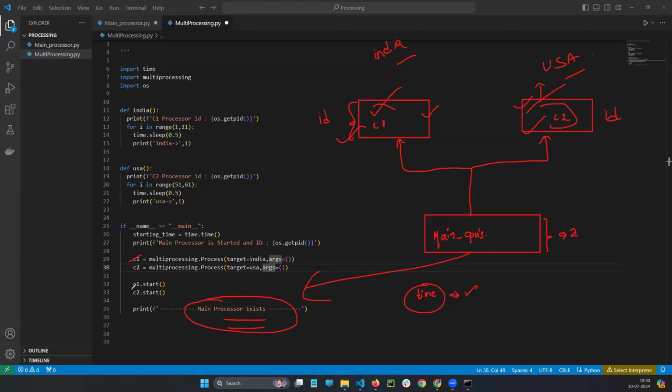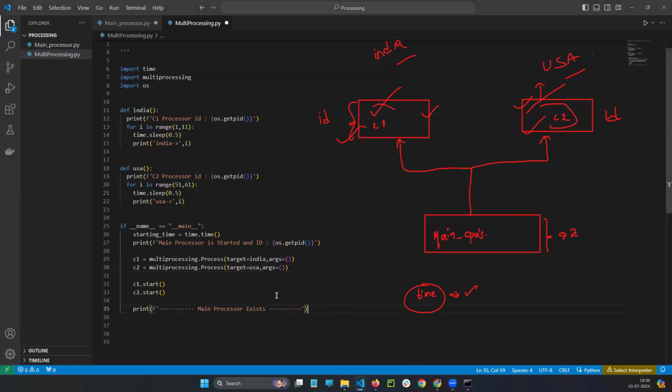C1 and C2 are working on these two functions. But if after C1 completes its work and C2 completes, you see this print condition at last, it means the main processor is waiting.